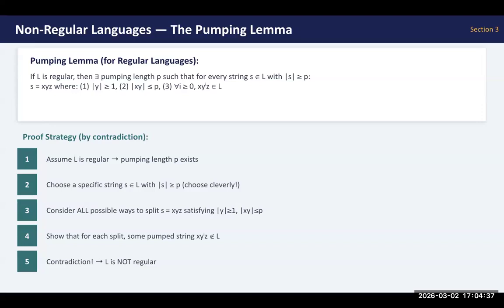And then there exists a pumping length P such that for every string S in L, the length of S is greater or equal to P. And then you can break S into XYZ, where the length of Y is greater or equal to 1, the length of XY is less than or equal to P, and then for every i greater than or equal to 0, there exists an xy^i z